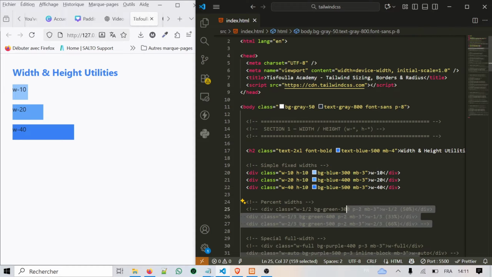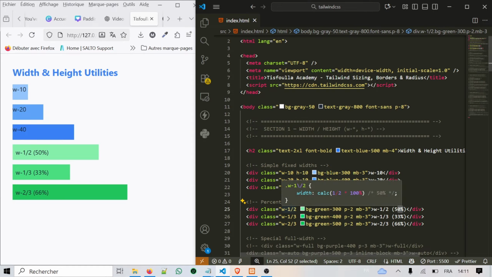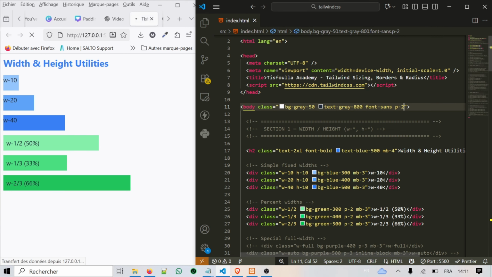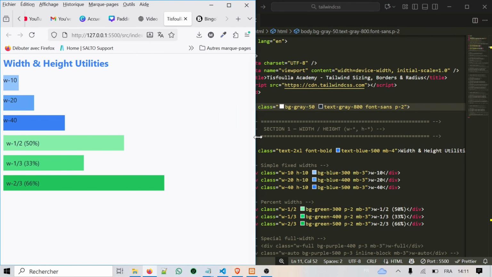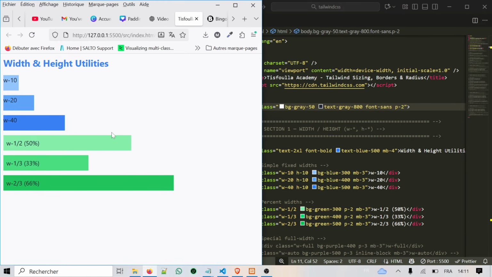The second thing is percentage-based width. For example, we have W1 half and W1 third. The first one represents 50% of the page, while the second represents 33%. The great thing about these percentage-based classes is that they are flexible and dynamic. For example, if we change to a larger screen, they always take the correct portion, like half, 50%, or other